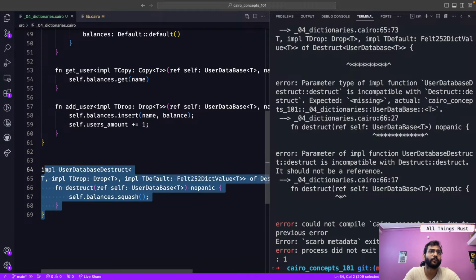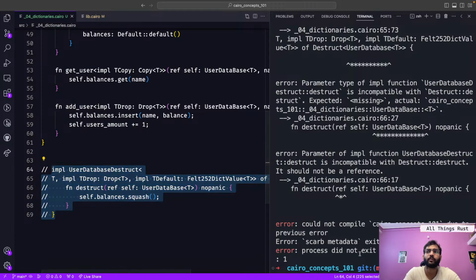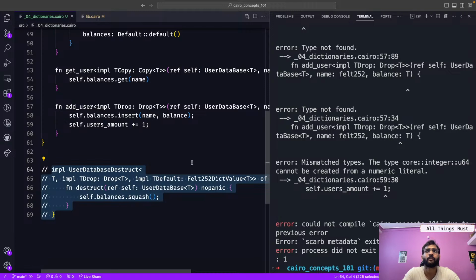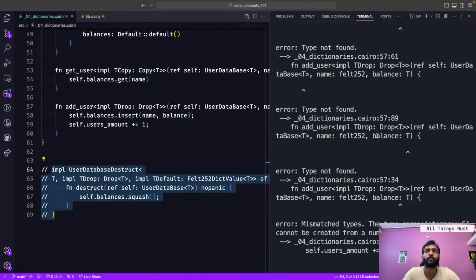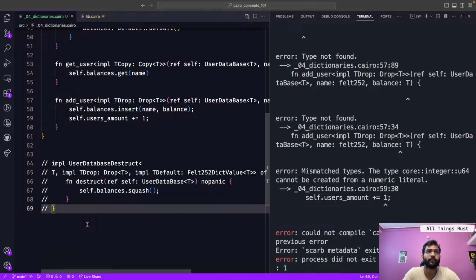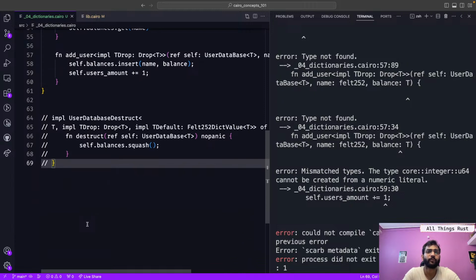Let's just, okay, syntax wise is this correct? Okay, so type not found. Type will not be found obviously because we haven't, you know,